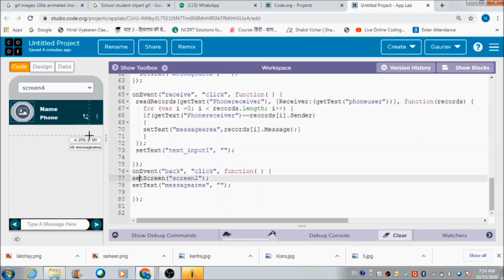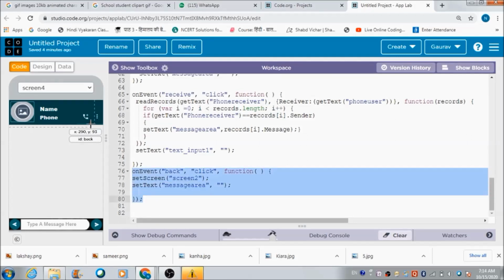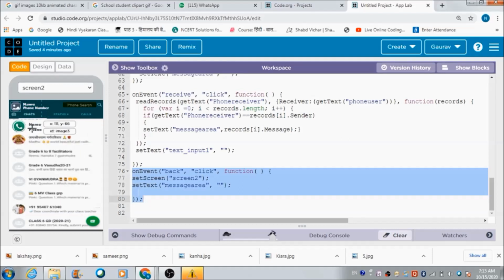Okay, and we have defined a code for going back to this screen too. The code for that is on event back click. This is the code, and we have defined a back button over here. So when the user clicks on this back button, he is going to get redirected to this screen too.